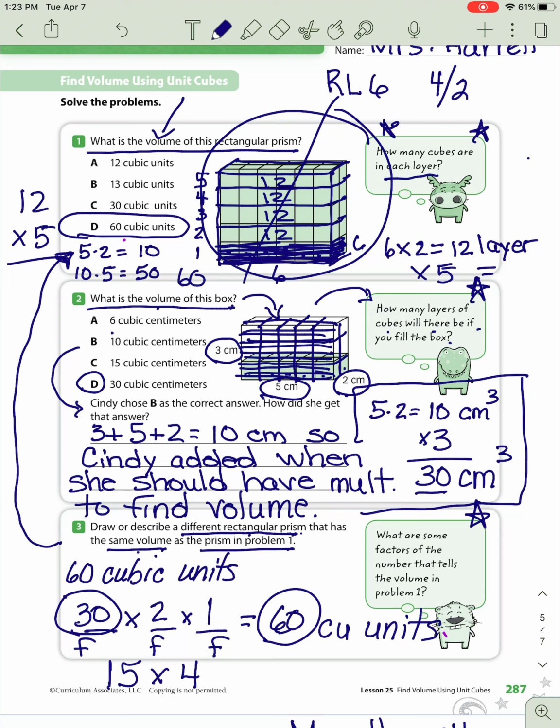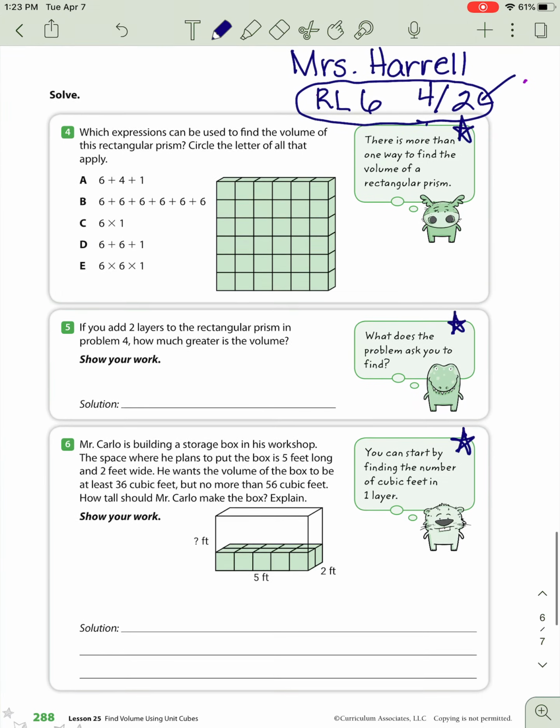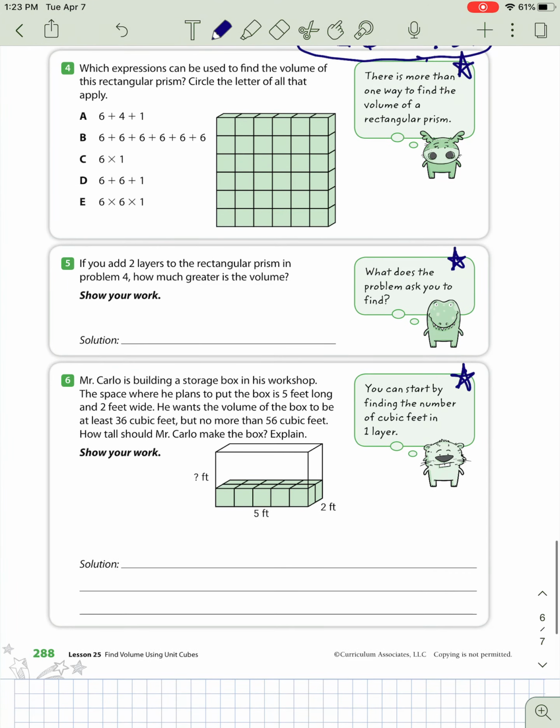Okay, so if I cut 30 in half and get 15, then what do I want to do with the 2? I want to make it a 4. And then I could say times 1 again, all right? And that would be 60 cubic units. That's another option. Okay, are there other options? Absolutely, but we're going to stop right there. Okay, or you can have your answer can still work. All right,